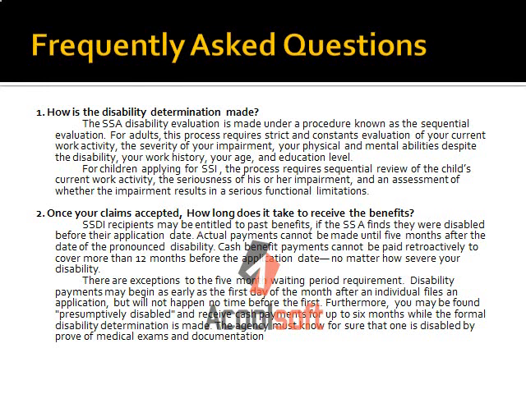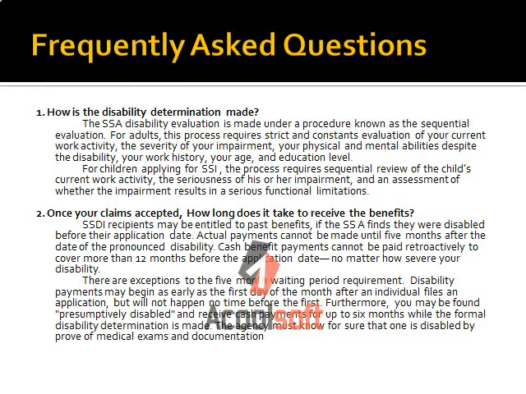2. Once your claim is accepted, how long does it take to receive the benefit? SSDI recipients may be entitled to past benefits if the SSA finds they were disabled before their application date. Actual payments cannot be made until 5 months after the date of the pronounced disability. Cash benefit payments cannot be paid retroactively to cover more than 12 months before the application date, no matter how severe your disability. There are exceptions to the